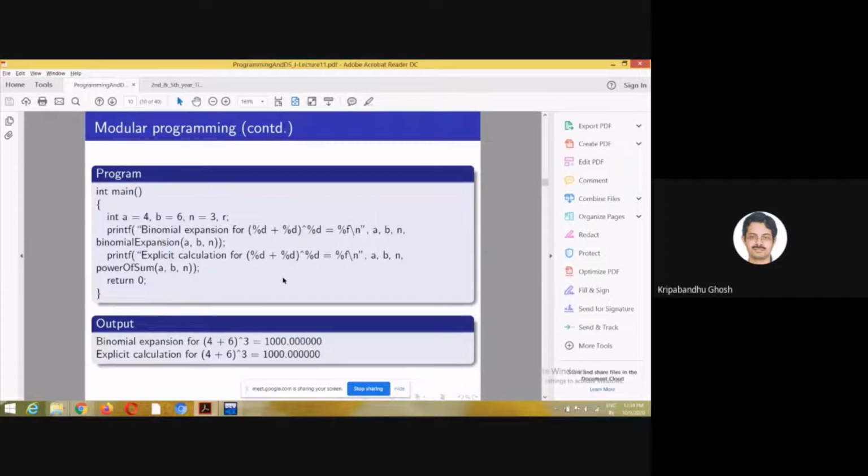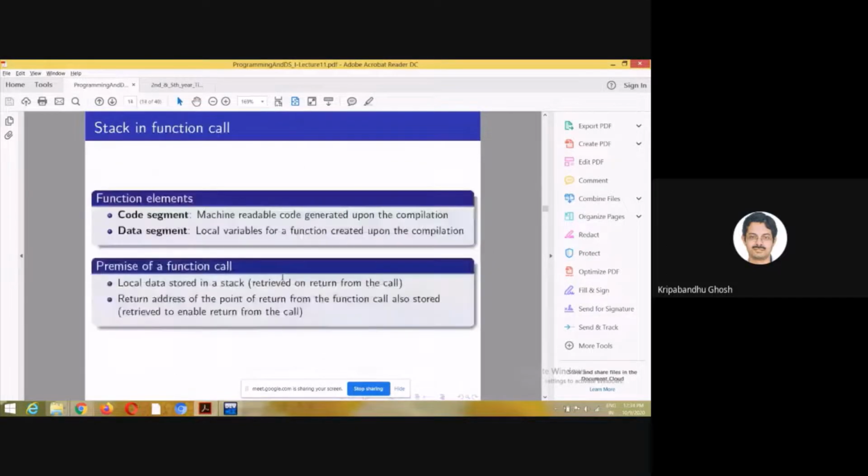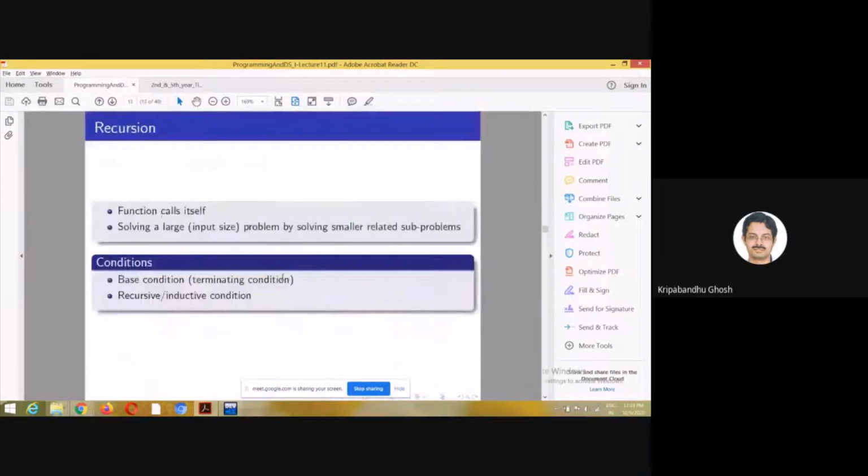But there can be a special occasion where the function calls itself. This particular application is called recursion. It is useful in solving a large problem by solving smaller subproblems which are basically the same problem, which is tantamount to solving the same problem but with a much smaller data.